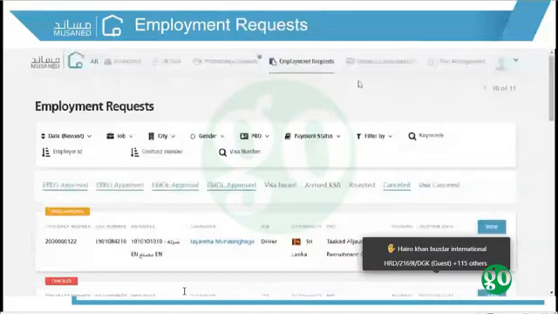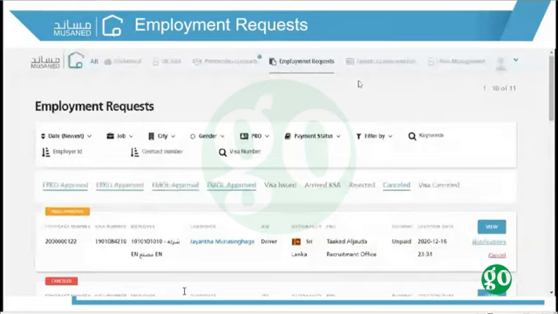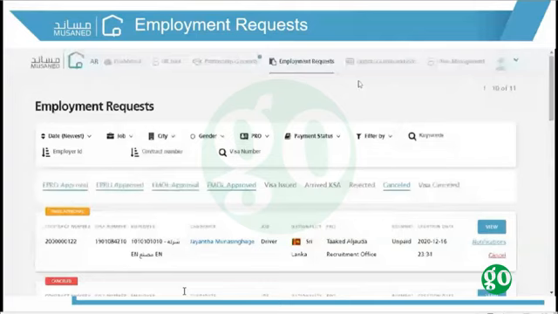Now that we have finished with the employment requests procedure, before moving to the next page, an important note to consider is that if the organization's license got expired, then the organization and all users under this organization cannot perform any action in the system unless the license is renewed and updated. So after license renewal, the organization should raise a license renewal request through the Musaned system so that Musaned team would update the date of the license expiration and users under this organization will get activated to use the system again.